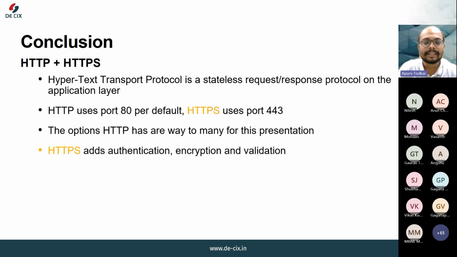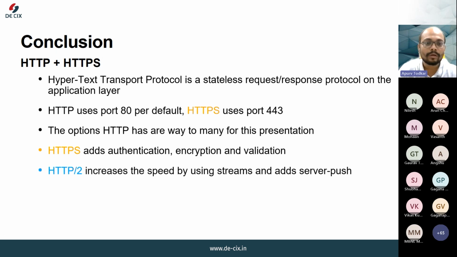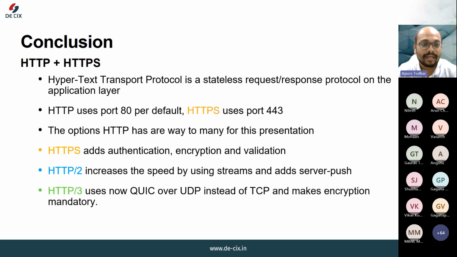Then we have HTTPS, wherein we use the port number 443, and it adds encryption and authentication to ensure security. It also verifies the authenticity of the website and protects the data from being tampered with or intercepted. Then we have HTTP/2. HTTP/2 enhances the speed by allowing multiple streams over a single TCP connection and also introduces server push capabilities. Then we have HTTP/3, which utilizes QUIC over UDP instead of TCP, making connections faster and